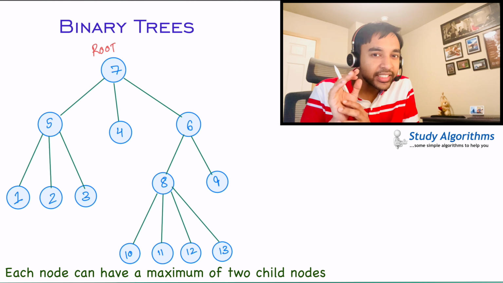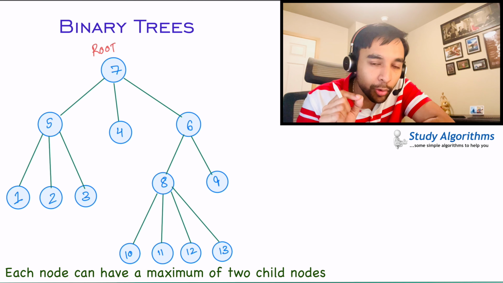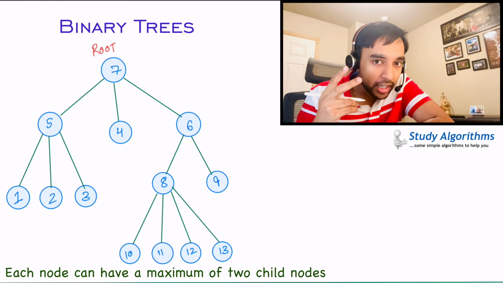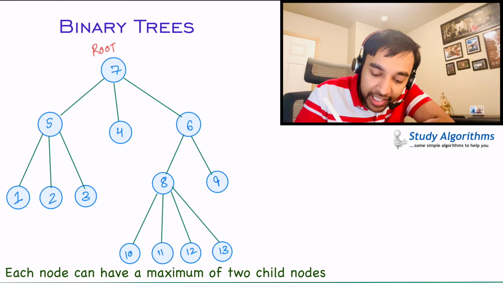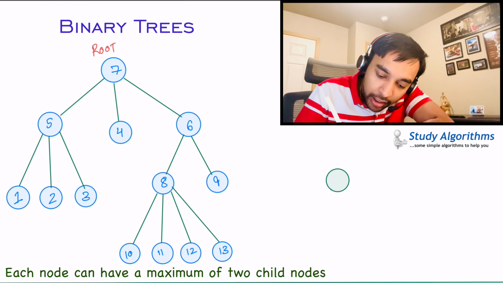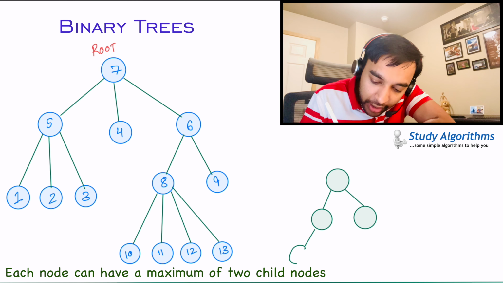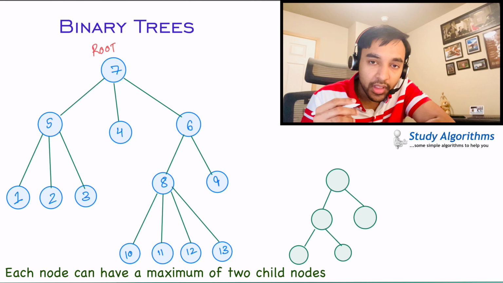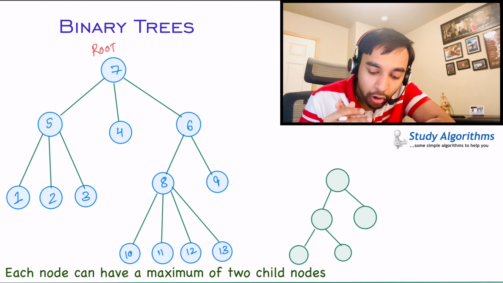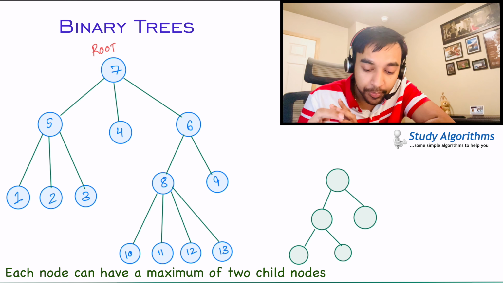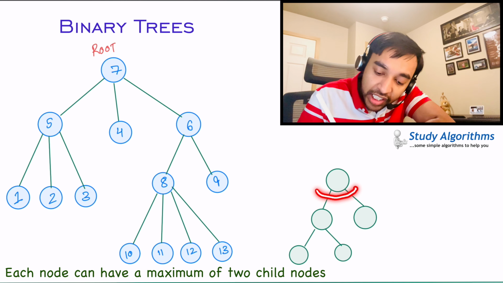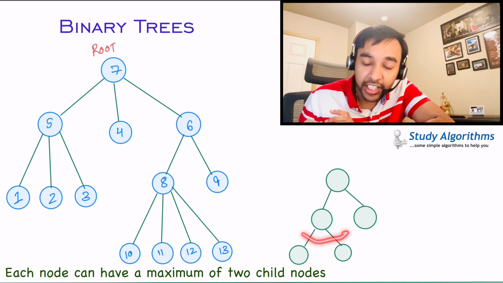A binary tree is very special. Every node can have a maximum of two child nodes. What does this mean? Let us say I construct a node, right? And I assign two child nodes. Now, let us say I assign two more nodes to one of my child nodes. So far, this tree is following all the properties of a binary tree. That is because each node has a maximum of two child nodes, right?